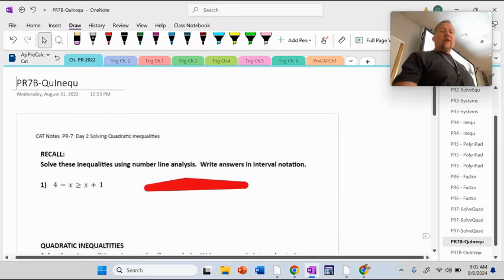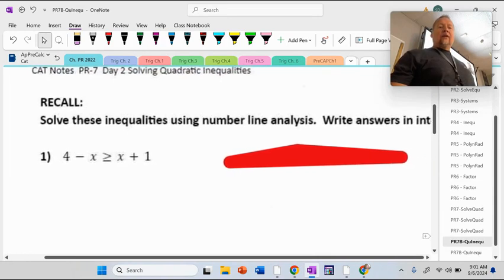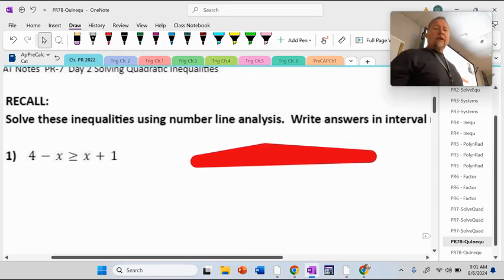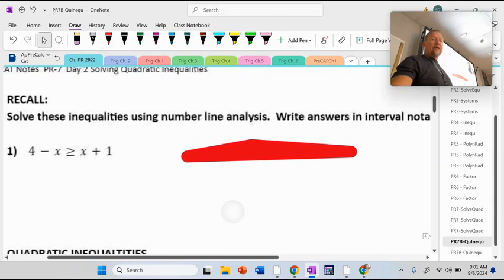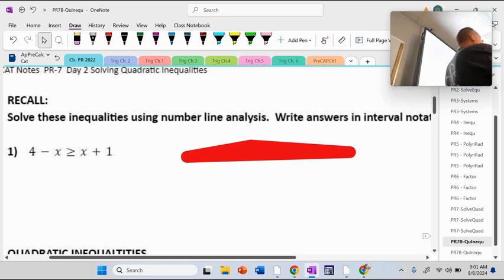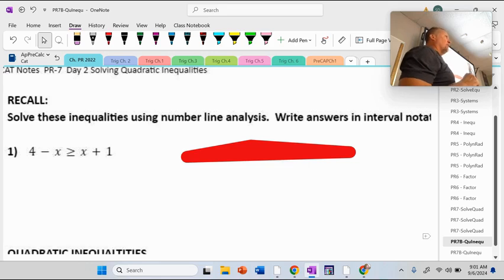Here's what we're doing now. We're actually solving inequalities, and then writing the answer in interval notation. So this is what we're moving into now. Now I want you to understand, I kind of on the calendar made this 1.5.0, and then this is 1.5.02 or so, right before we have to remind you how to solve quadratics